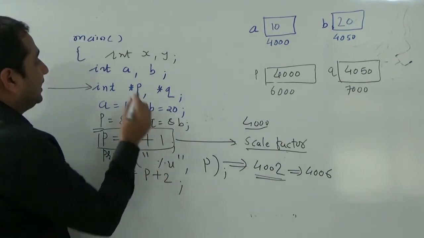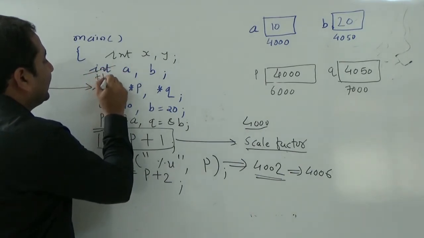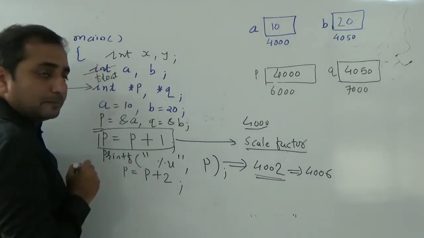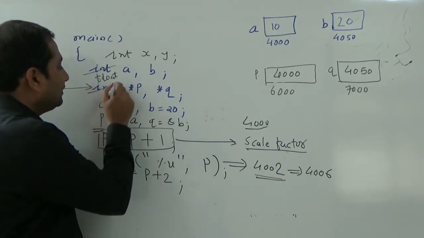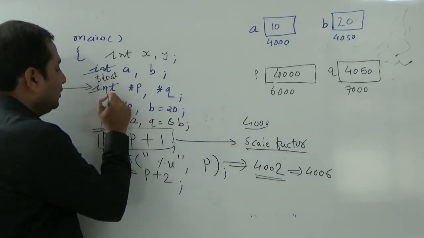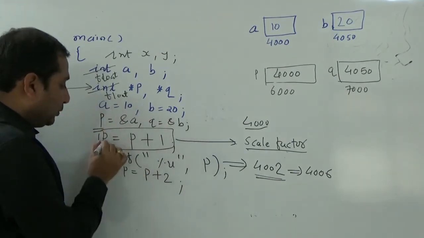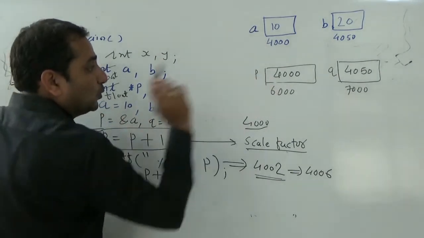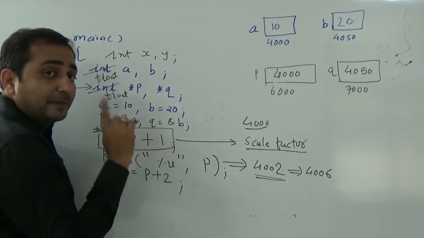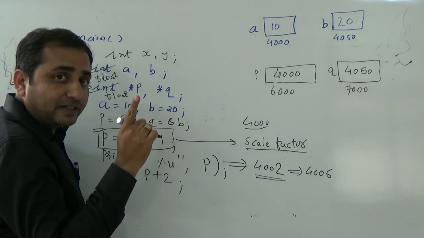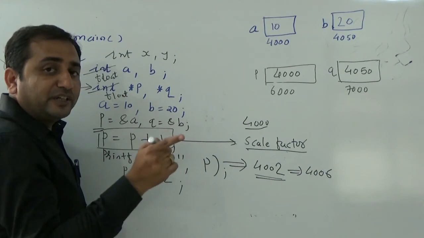So now, for example, let's say in place of this integer a and b, if I make a correction over here, if I write float in the same program, what changes do I need to make? Yes, in place of this integer, I have to write float. Correct. The same statement will remain as it is. When I do p plus 1, what is my p now? 4000. But now I am doing p is equal to p plus 1. So this 1 will be incremented by how much? Scale factor. What do you mean by scale factor? It is the size of the data to which the pointer variable is pointing.